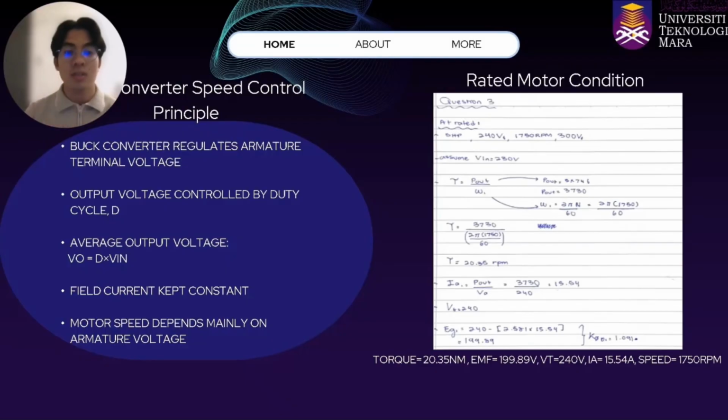And the fourth one is field current kept constant. And the last one is motor speed depends mainly on armature voltage. As we can see here, before we continue with the simulation and the calculation, we need to do the rated